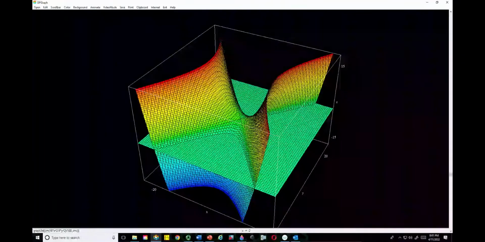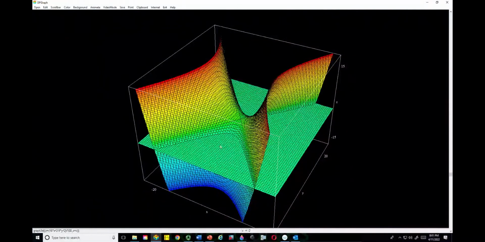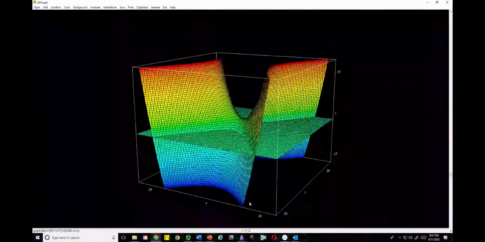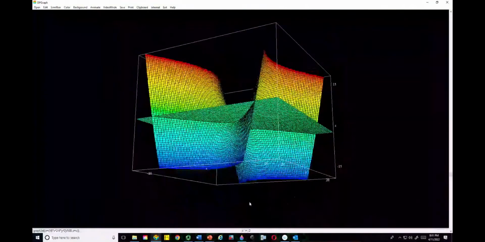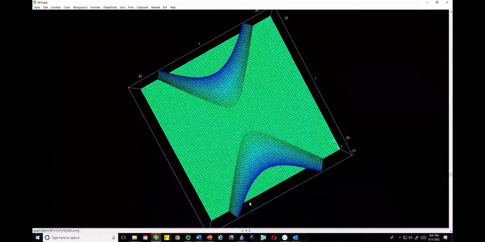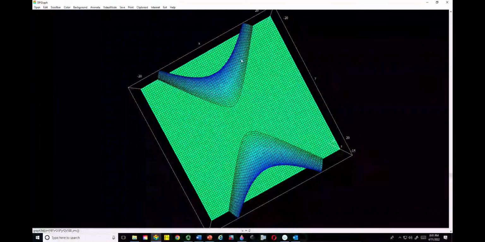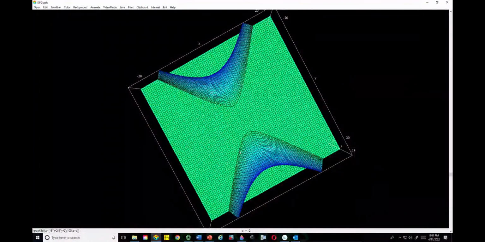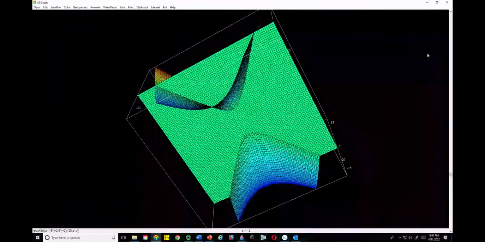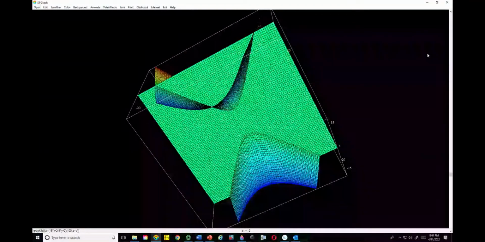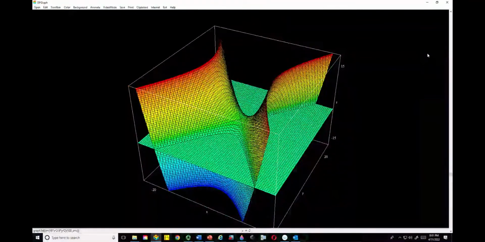So here we have our level curve again for c equal to -2. We can actually look at it from the bottom and kind of see the intersection of one branch and a second branch of a hyperbola. Now, if I